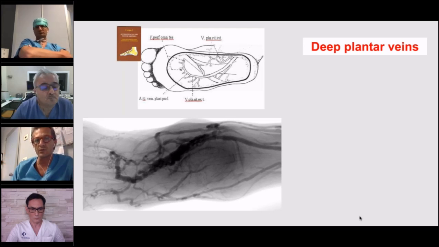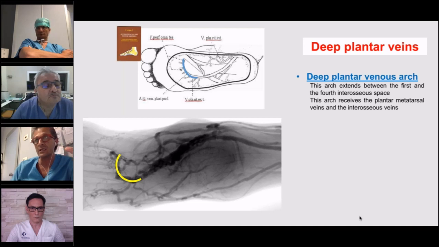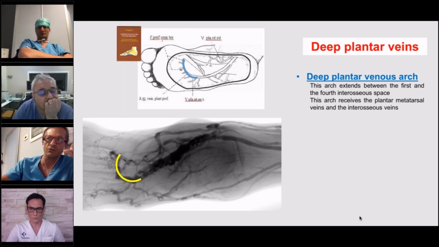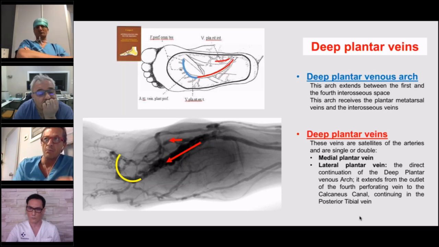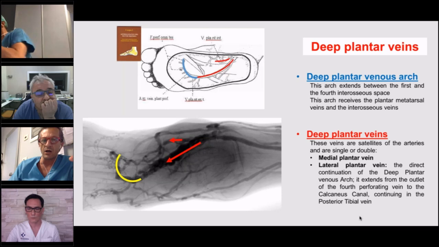We have to know the anatomy of the deep plantar vein. The deep plantar system is made from the deep plantar arch. This arch goes from the first to the fourth interosseous space and receives the plantar metatarsal veins. It is also constituted from the deep plantar veins, the medial, but the most important is the lateral deep plantar vein, because this vein connects the deep plantar arch with the posterior system at the level of the